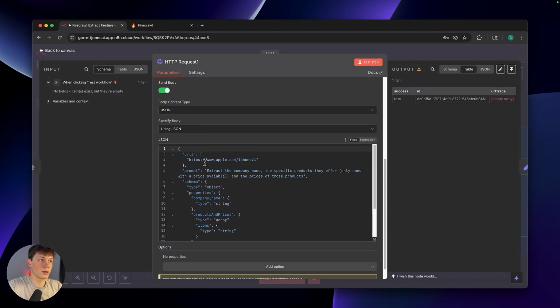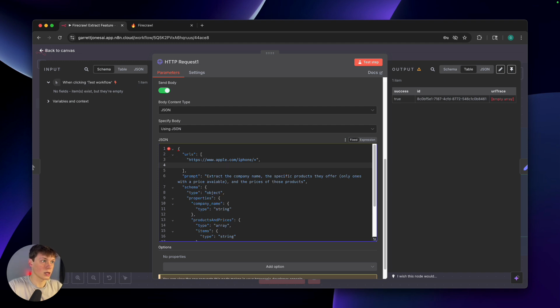But inside of this body, you can send multiple URLs. So if you want to send multiple URLs, you have this first URL that I'm going to leave inside of the template, and if you want to add another one, you're going to use JSON to format this. So to do that, you're going to type a comma, hit enter, and then you can add other URLs here at the bottom. So that could look something like this,